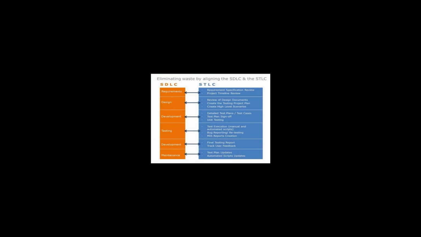Say if you are using component based development, or rapid application development, the steps followed, the time and all those things will be different from typical models. So according to how much time and what objectives we fixed in the software development life cycle, we have to fix the software testing life cycle.